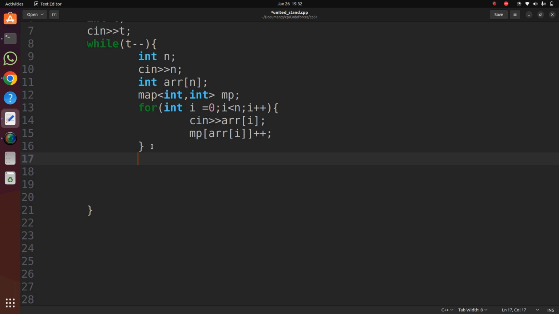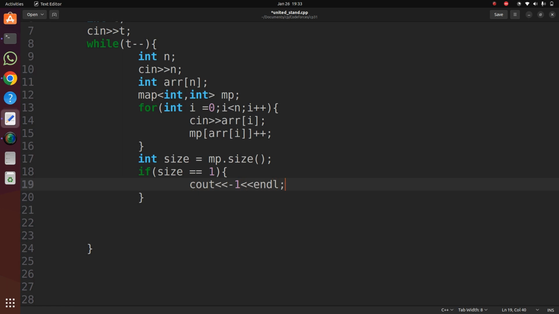Now what I will check here is the size of our map, mp.size. If the size of the map is equal to 1, which means there is only one element that existed and we cannot divide it into two arrays. So we will print -1 by the end L. Okay. Else, what we will do here,